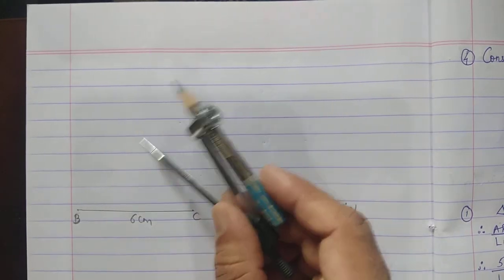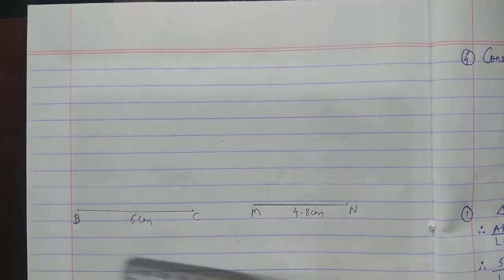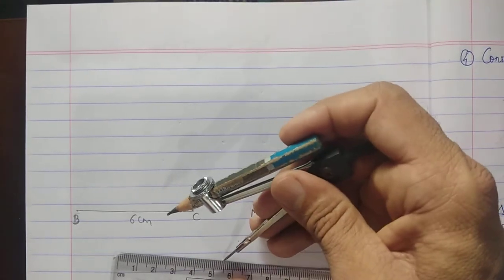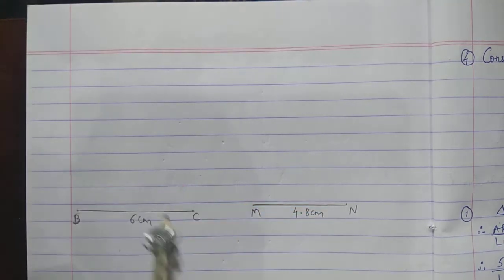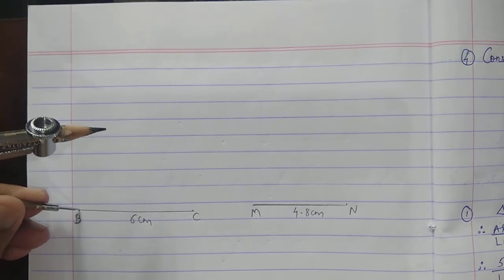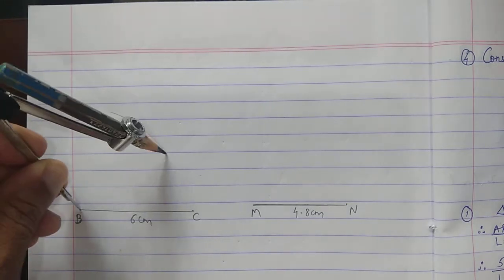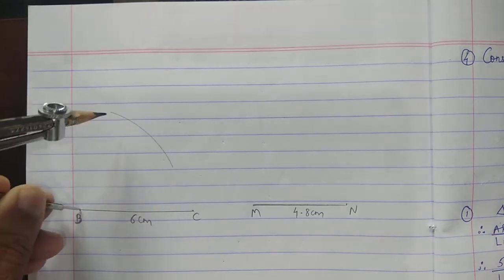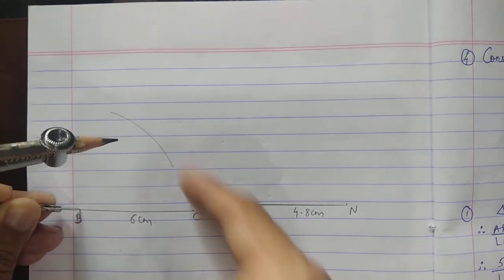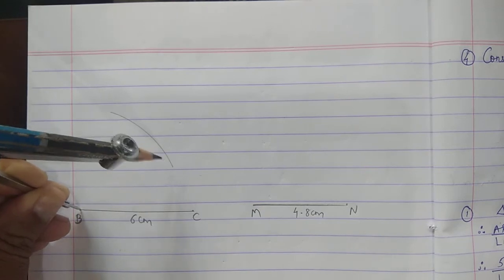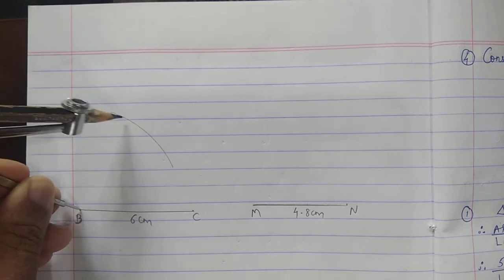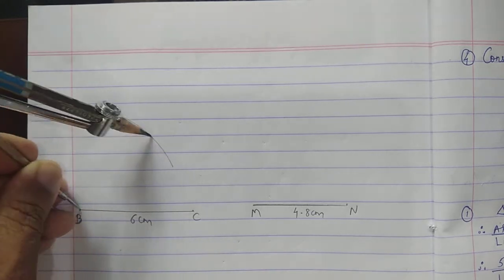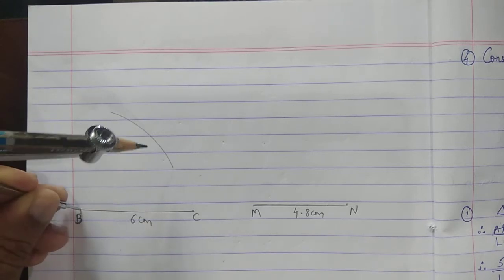Now AB. Okay, we will construct triangle ABC first. So how much is AB given there? 5.5. So take the scale, measure 5.5 centimeter and construct the arc. So keep the round point at B. Draw an arc, don't go up, because you can see the other segment is AC. AC is 4.5. And this one, AB is 5.5. So don't go far away from the base. Okay, bring the arc a little down. Right. So this is AB.